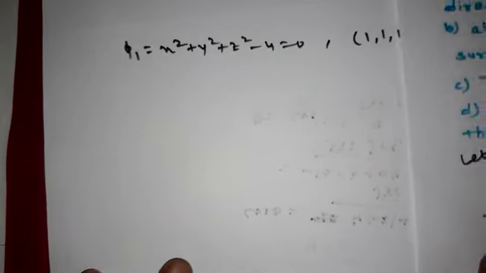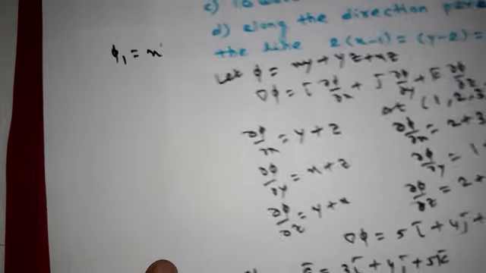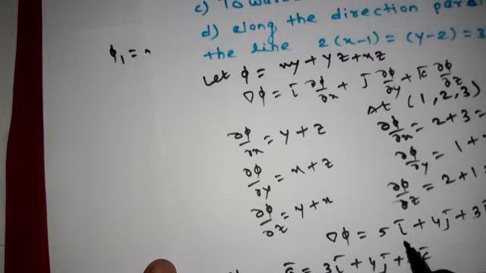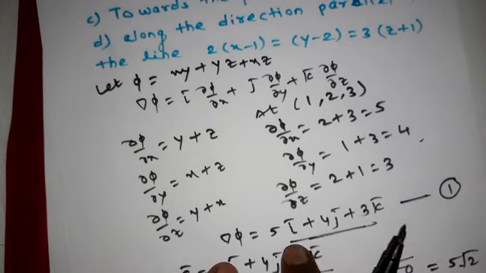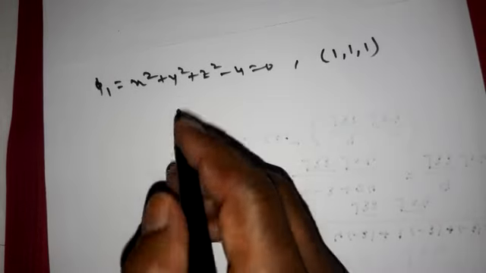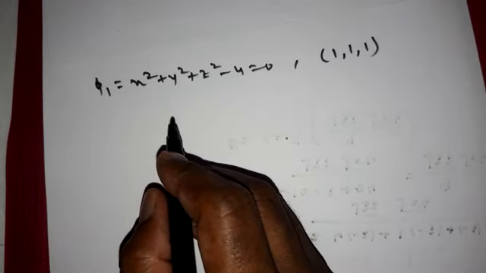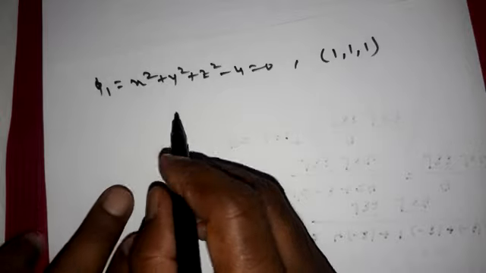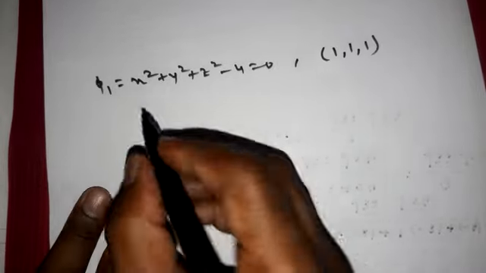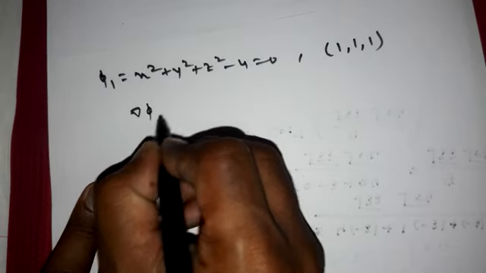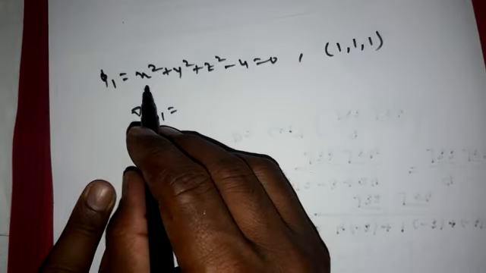Now I just keep that problem in front of you. This del phi is needed for us, our equation number 1, 5I bar plus 4J bar plus 3K bar, from the last step. Now we will see how to find our A bar, because as soon as we get A bar we can find A cap. And dd is equal to del phi at point xyz dot A cap, and we get our answer. So phi 1 is there, so find del phi 1.